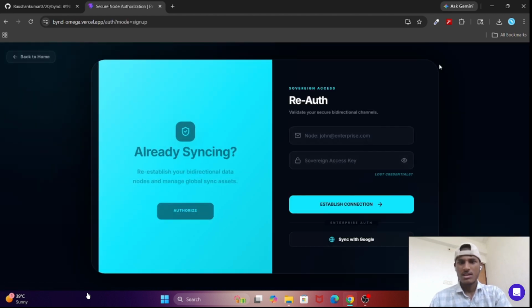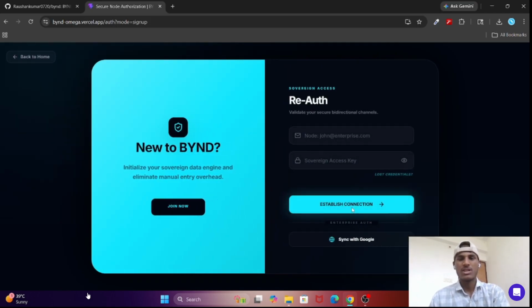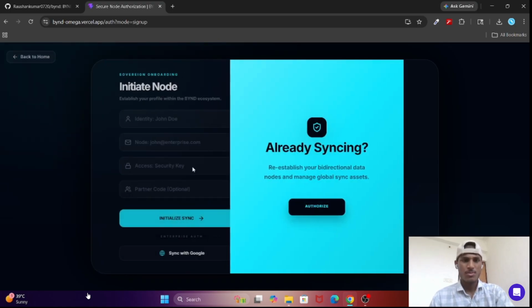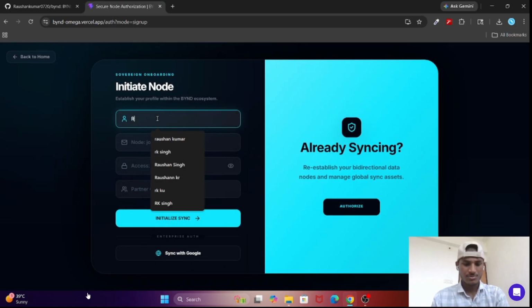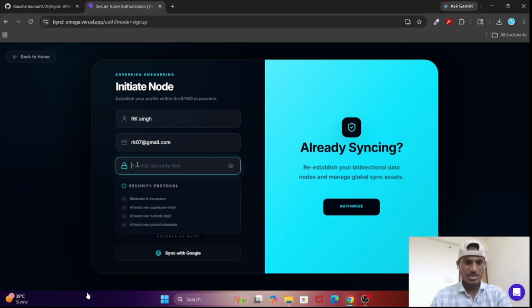Get started. Here, if you are a new user, you must register first. Otherwise, you can log in directly with your email and password. So I am going to register myself first. You can add an email, and you must follow the security protocol because this form is created using Formik and Yup, which provide professional validation.